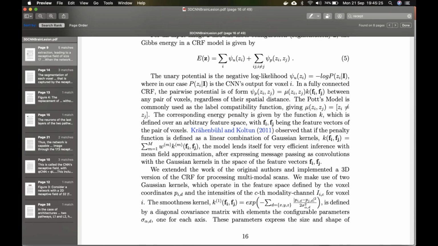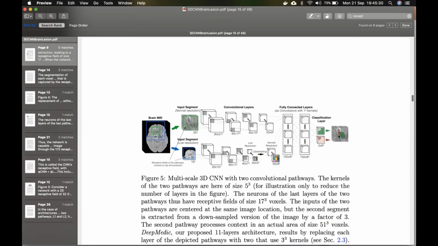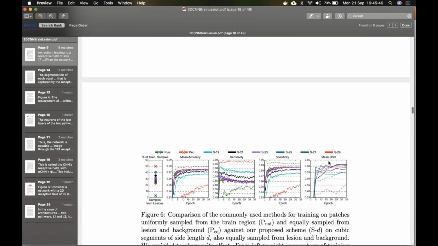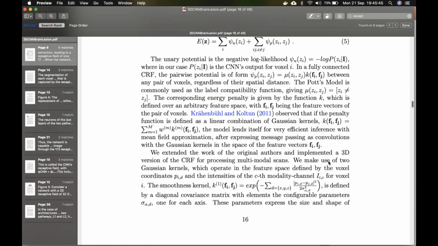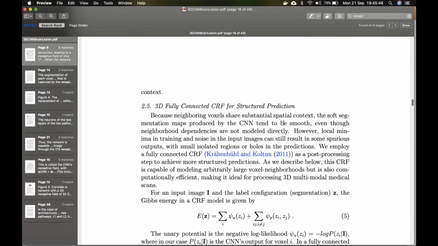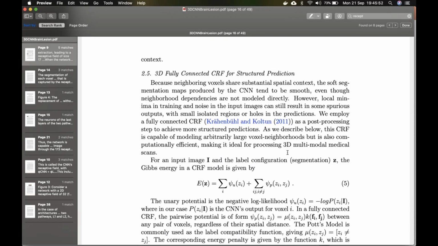Yeah, so basically for each voxel, whatever we are getting, it will try to find out the neighboring voxel predictions, and accordingly it will adjust the prediction of the current voxel. So this is what is happening over here. So it will sort of smoothen the segmentation boundaries, right? Yeah, it says in the second line there that it will smoothen the segmentation boundary using the neighborhood, rather than treating each voxel separately.